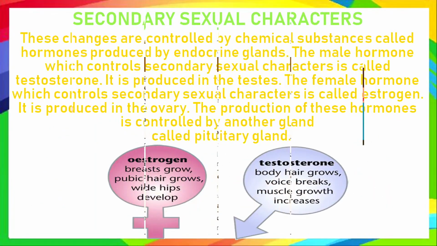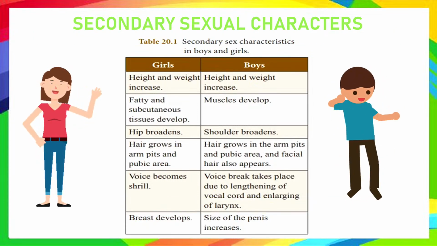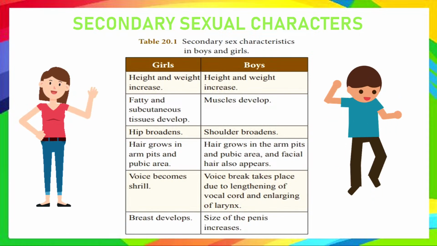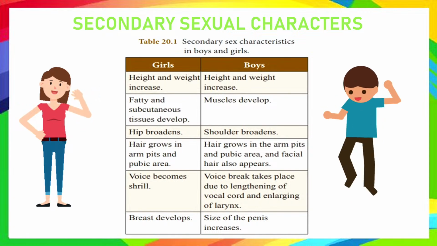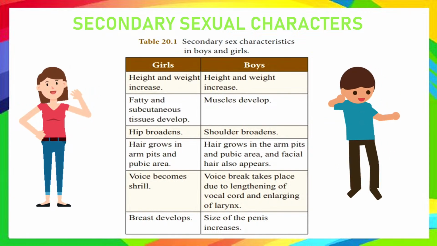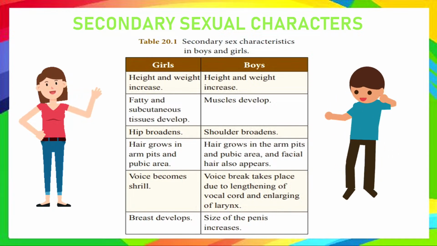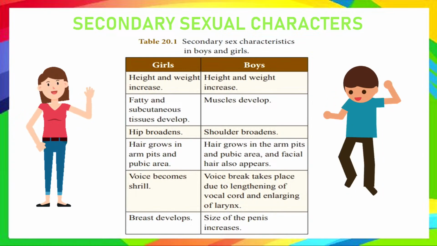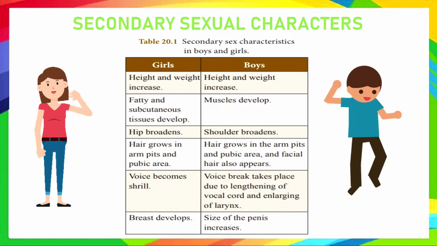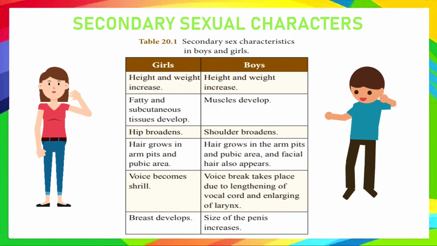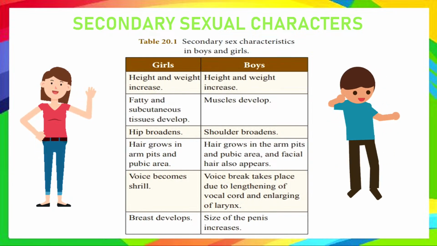Okay. Now let's see some secondary sexual characters that take place in girls and boys during this age. So here you can see the difference as well. In girls, height and weight will increase, fatty and subcutaneous tissue develop, but in boys muscles will develop, hips will get broadened, and in boys shoulders will get broadened. In girls, hair growth will take place in armpits and pubic region, but in boys it will also include the appearance of